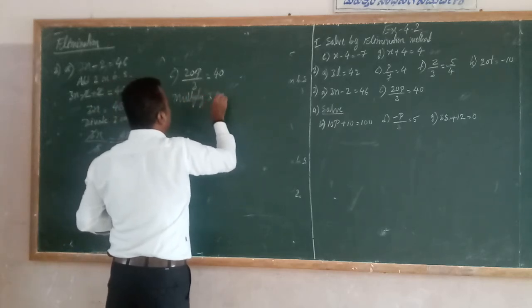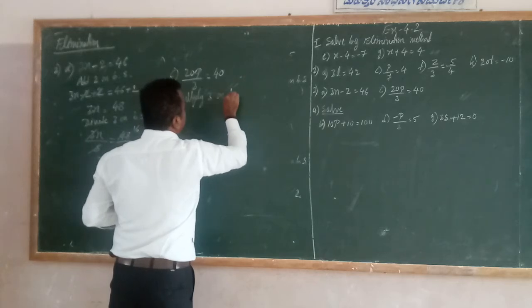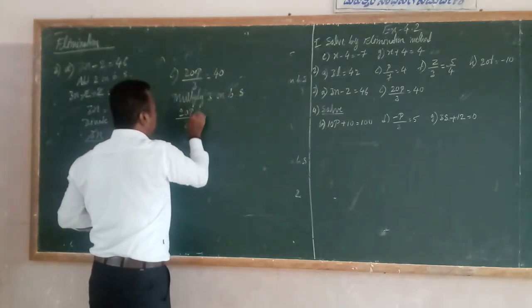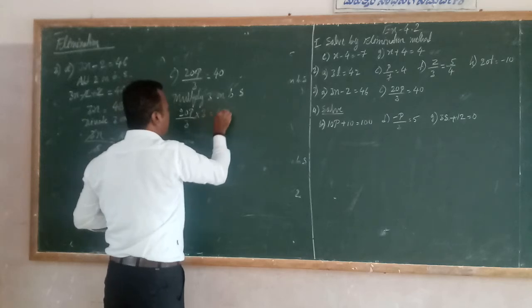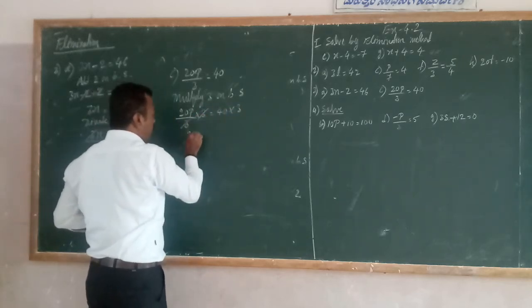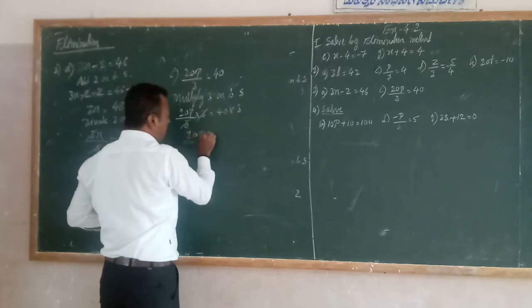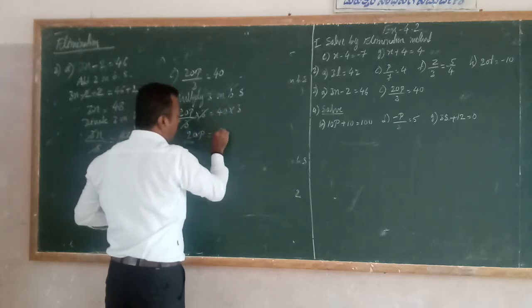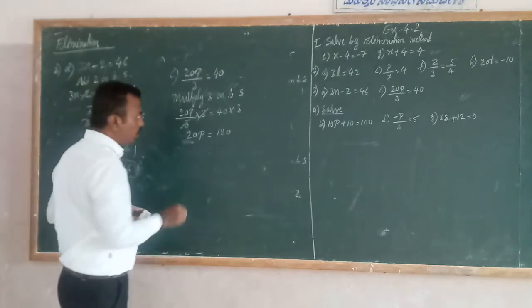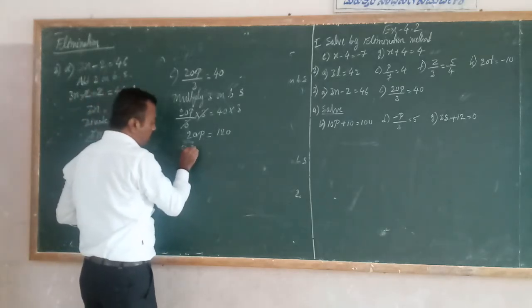3 on both sides. So what does it become? 20p by 3 into 3 is equal to 40 into 3. 3 gets cancelled. What is remaining? 20p is equal to 40 into 3, which is 120. Now between 20 and p there is a multiplication sign, so we have to divide. So divide